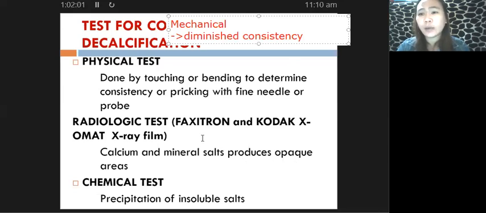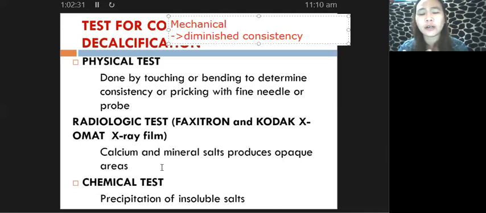This is otherwise referred to as your X-ray test. And the basis for complete decalcification is the absence of opaque areas. I'm pretty sure a lot of you, or all of us, have experienced